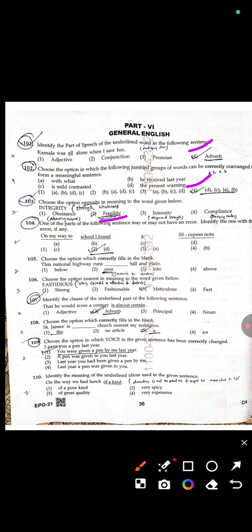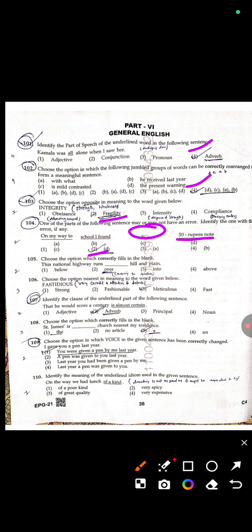Now question four, you have to find out the error. On my way to school I found a 50 rupees note. So here, "50 rupees note", actually a note is there. Whatever the amount, rupee will always be rupee, not rupees, when a noun follows. If no note is there, then "50 rupees", as in "give me 50 rupees". But here note is the noun. So in place of 50 rupees it will be only 50 rupee. So the wrong one is D, which means option number 2.